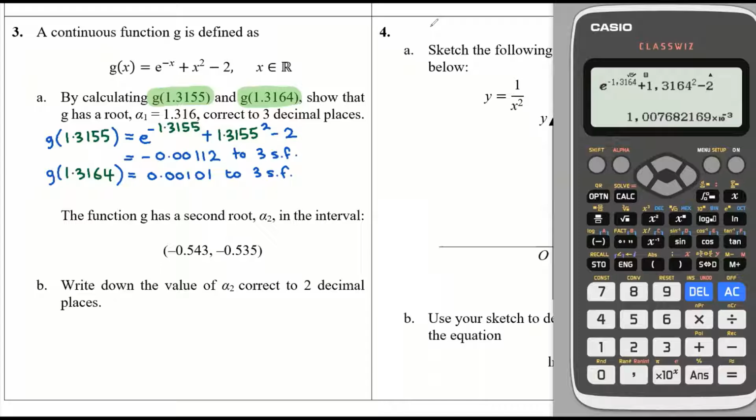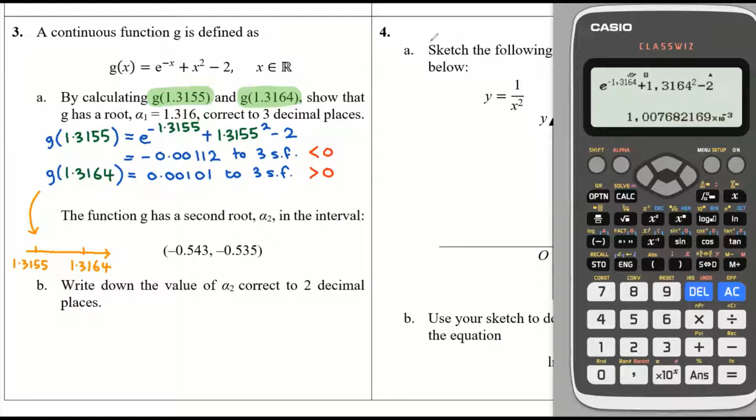Because the first one is negative and the second one is positive, we can sort of visualize what's going on in a diagram. I'm just going to draw this. It's worth looking at. So if I just come down here just to explain what's going on. If we take the x-axis as here, we know that this function g must cross the x-axis at some point. Now, we know that because when you plug in 1.3155 and when you plug in 1.3164,